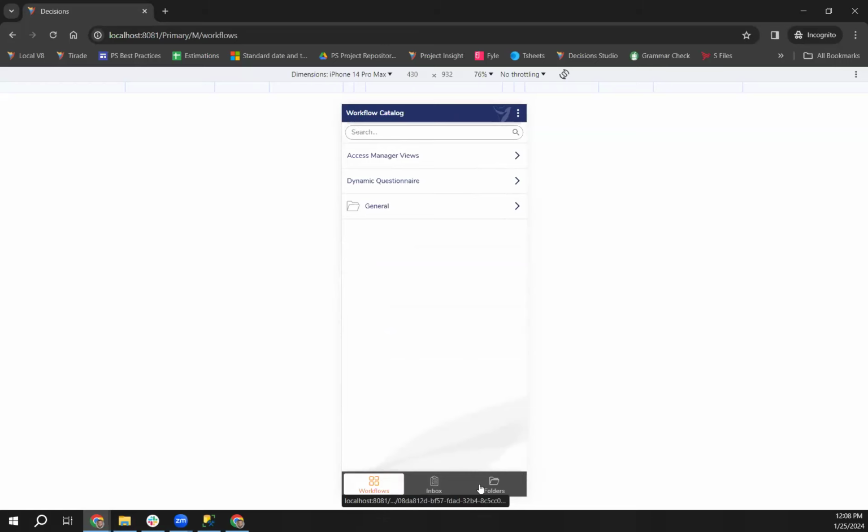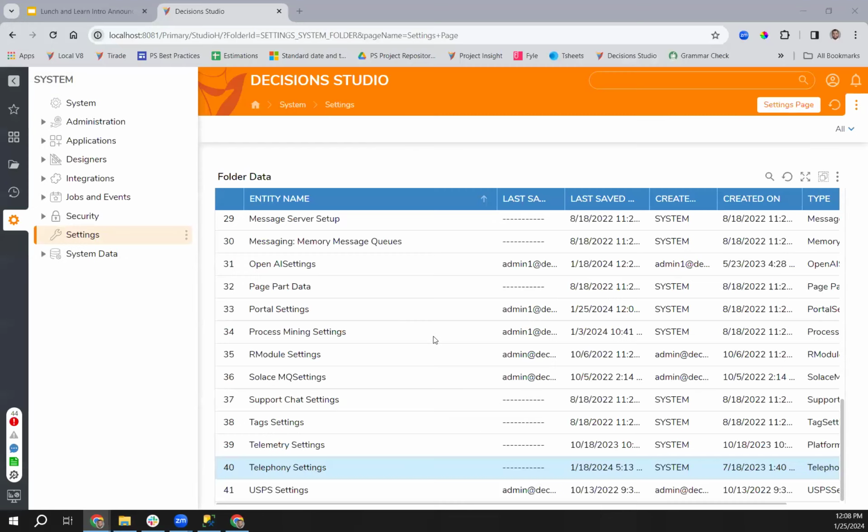I will say I don't have much experience putting in custom dashboards for this or custom views, so I won't be able to speak to that real well. One thing I can show though is, let's say you have a workflow you want exposed in your mobile portal. So in this general, I have a fill out information workflow. If I go back to my studio view real quick,